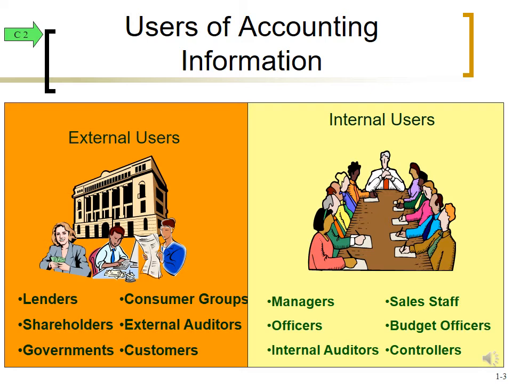Well, the question arises, who uses accounting information? Typically there are two groups of users, external users and internal users. When we think of internal users, we think of folks within a company or within a business, and here on the slide you see a list of those individuals. External users could be many. It could range from regulators to creditors to investors in the company, a whole slew of individuals that could have an interest in the business. And so the reason we generate accounting information and subsequent accounting statements is basically for these two user groups.